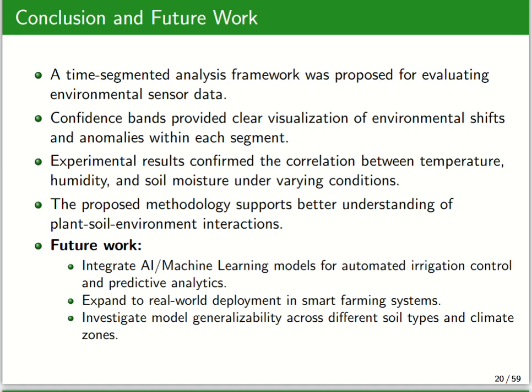In the future, we will use AI and machine learning to make the system automatic. We also plan to test it on a real farm with different soil and weather, and we also plan to improve the system with solar power. This will make the system work anywhere, even in rural farms. We want to help farmers who have less technology.